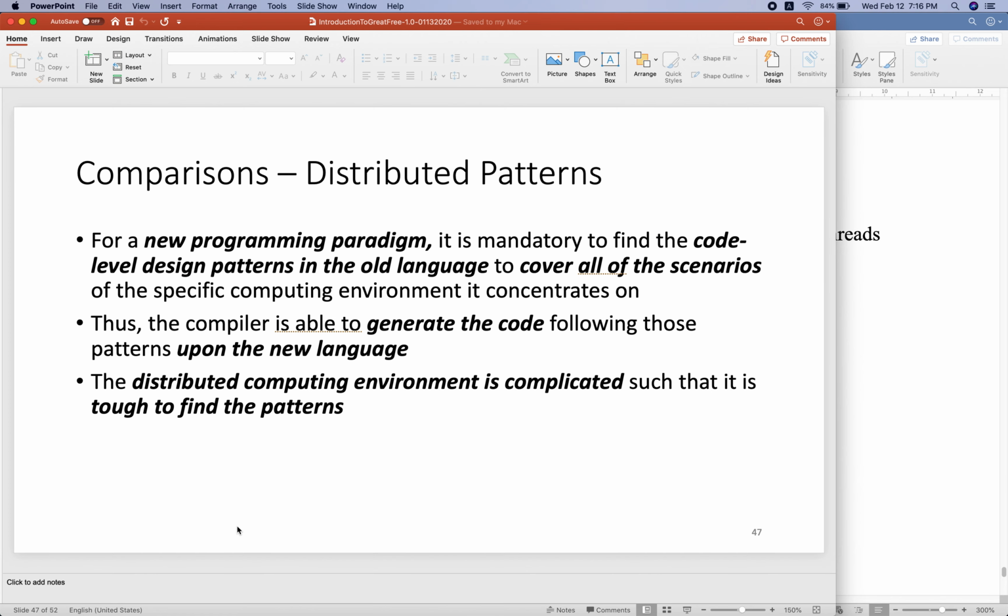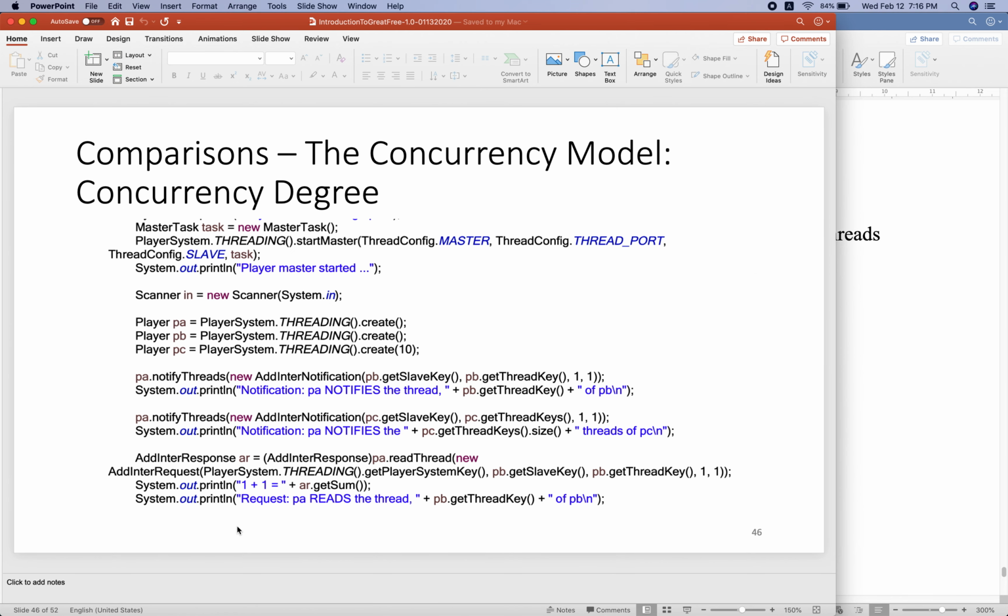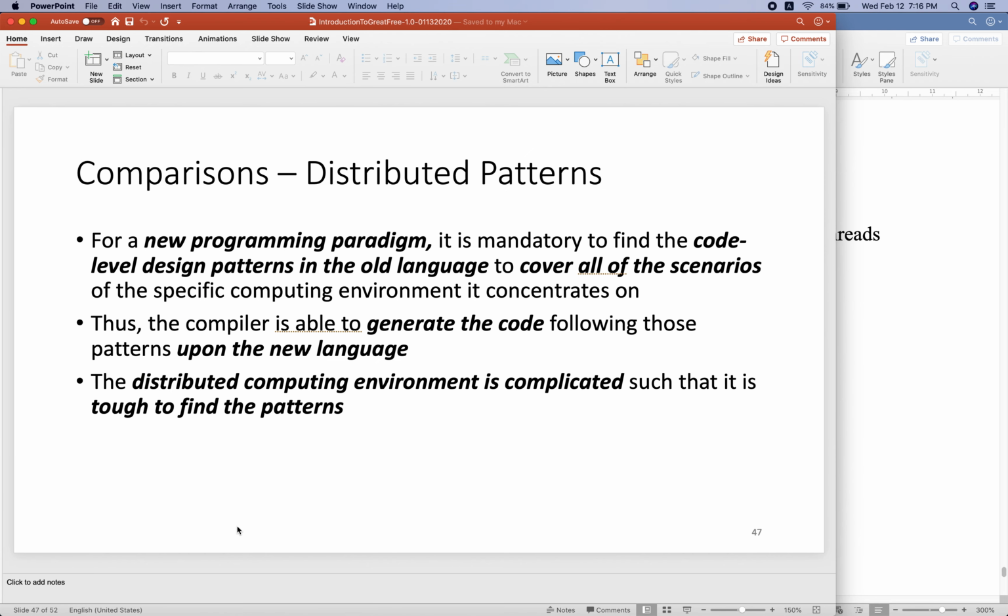Okay. Because today we have no time, next time I will talk about another comparison. This is the third fundamental technique. I call it distributed patterns. Last time in the previous lecture we talked about three fundamental differences between my system and the existing ones. So we'll talk about distributed patterns next time. This is the first lecture of this class.